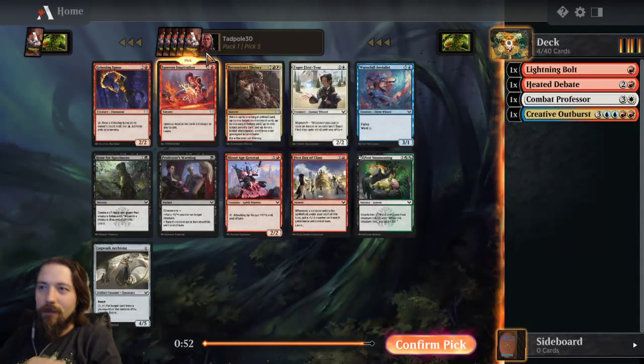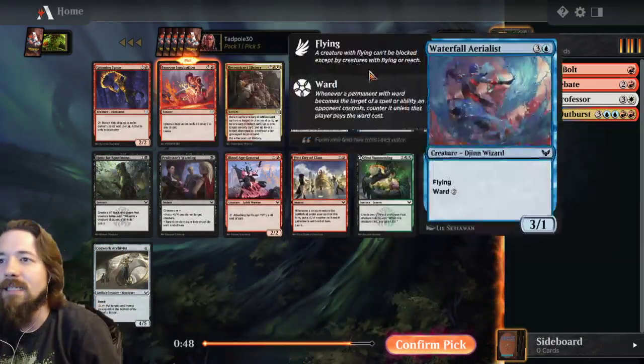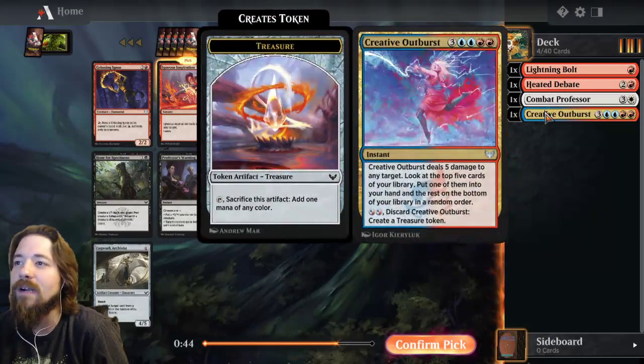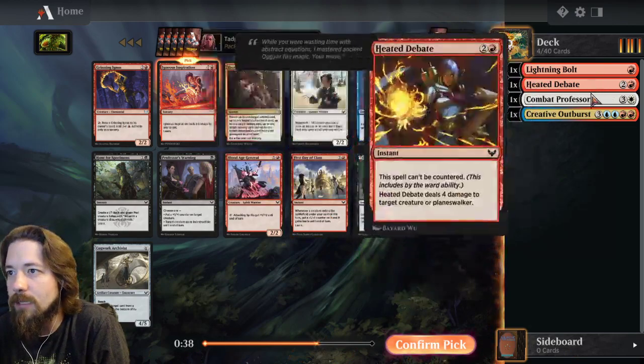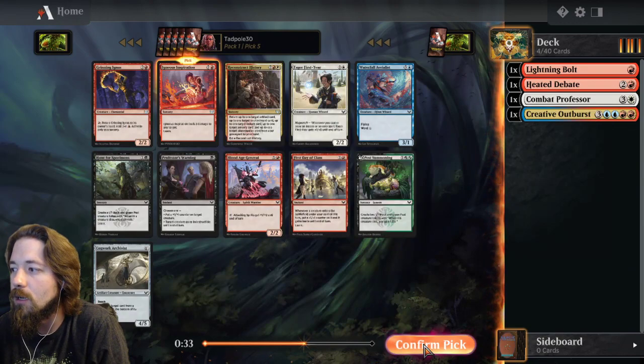Oh my gosh. Yep, red is open enough. And I was happy with our last, basically mono-red deck. Igneous Inspiration can go face, Lightning Bolt can go face, Creative Outburst can go face. We have 11 face damage in our deck. Reconstruct History isn't even that bad, but we would need cards for Reconstruct History to work, so...